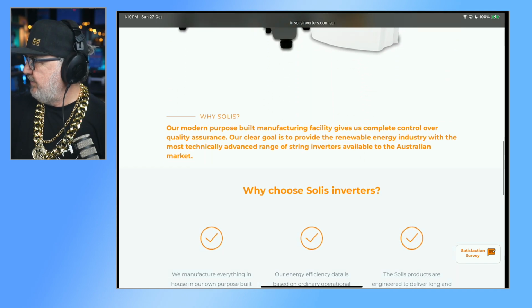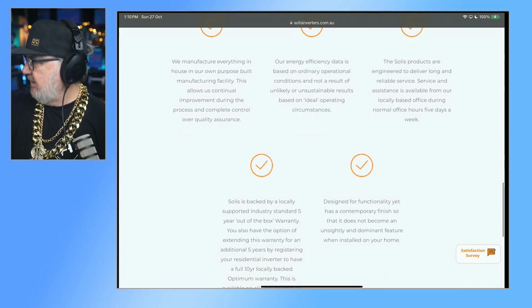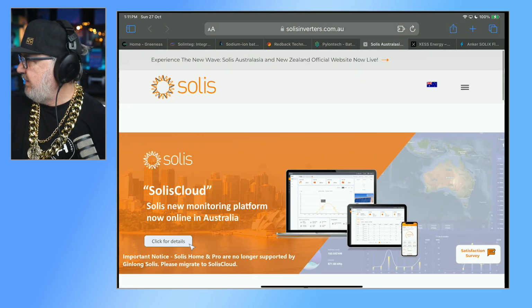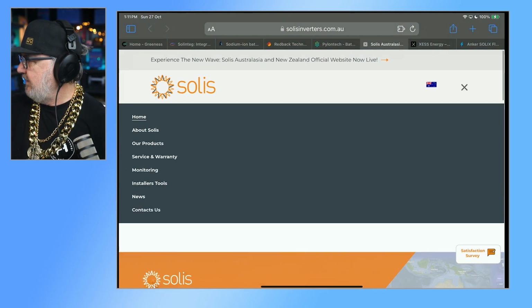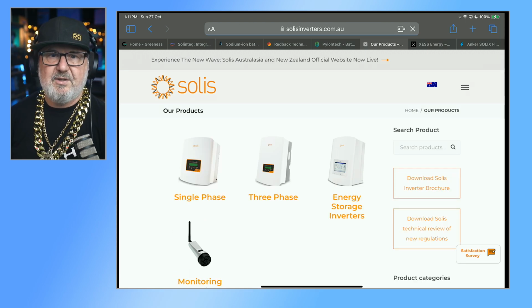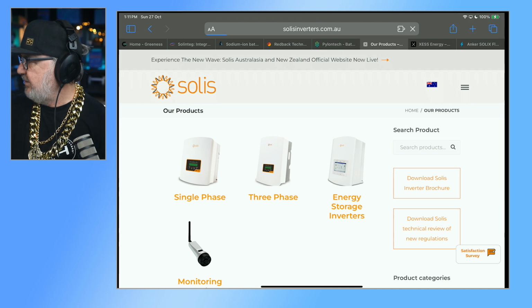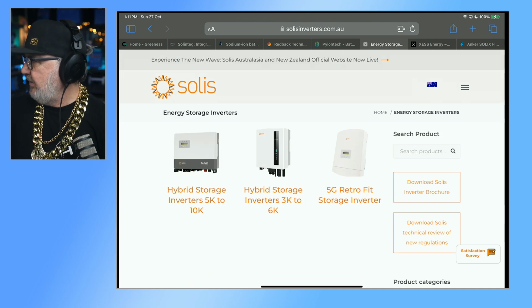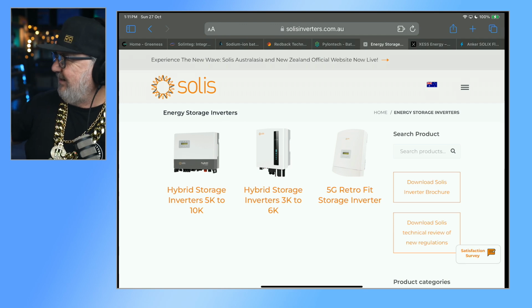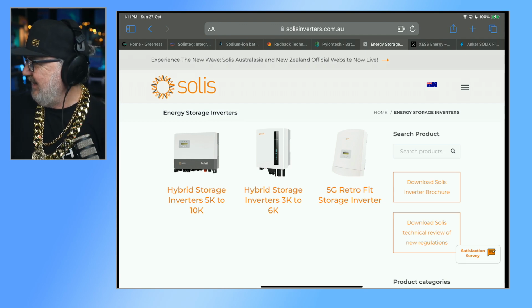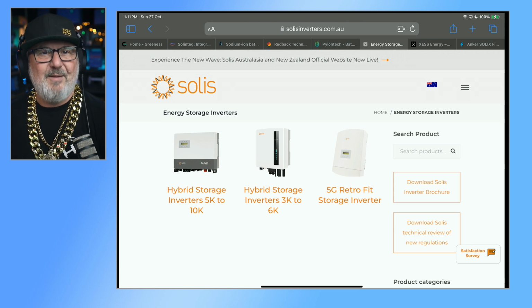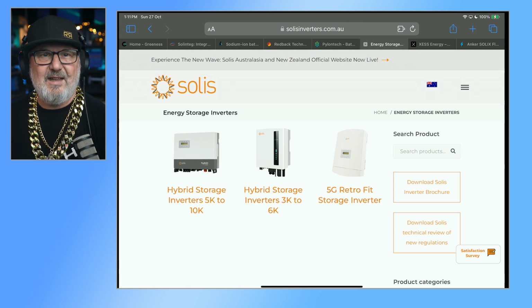The Solis hybrid inverters. Okay, I'm scrolling through them here. I better go to the top and look for products. Okay, our products. So I'm just scrolling through their web page at the moment. Energy storage inverters. There we go. And it looks like actually they haven't put it up yet. Oh, there you go. That's funny. So the one at the show, I guess it's so new that they haven't got it on their